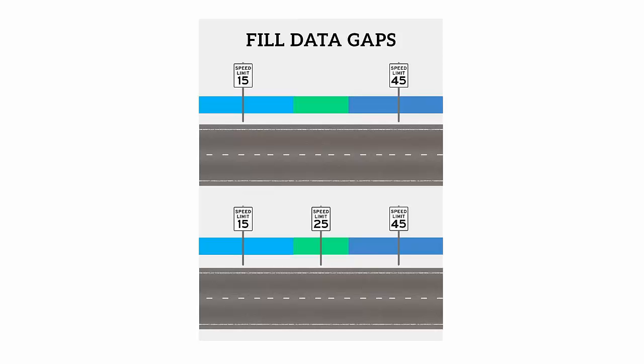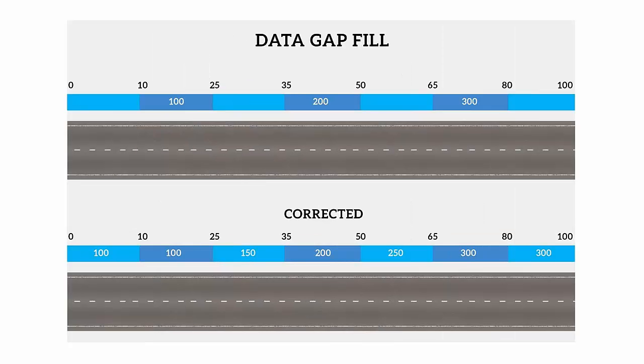Fill data gaps is our last function of the tool, which differs a little bit from the interior gaps function in that it's not looking for a measure gap, it's looking for places where there is an event record, but it might not have a value. In this diagram, you can see we have a 15-mile-an-hour speed limit record and a 45, but there's nothing assigned to the green one. So what the tool will do is use a set of logic, which we can show you in the next diagram. There's some hard-coded logic that will examine the measures and the values of the records on either side of the gap and use that to determine what to fill that data gap with.